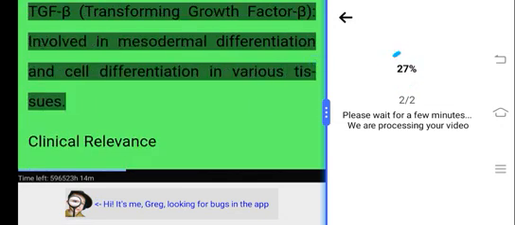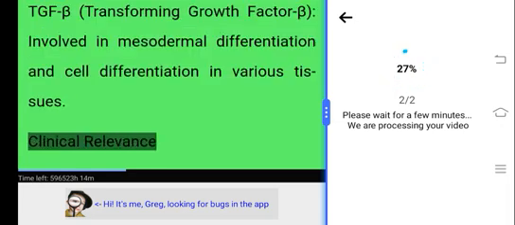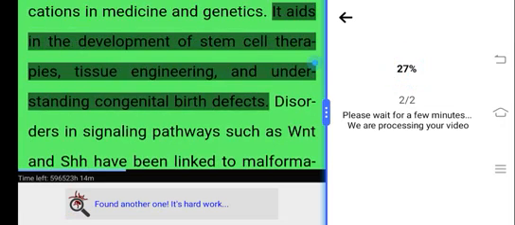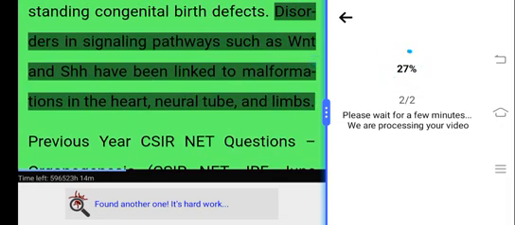TGF beta, transforming growth factor beta, involved in mesodermal differentiation and cell differentiation in various tissues. Clinical relevance. Understanding the mechanisms of organogenesis in chicks has vast implications in medicine and genetics. It aids in the development of stem cell therapies, tissue engineering, and understanding congenital birth defects. Disorders in signaling pathways such as WNT and SHH have been linked to malformations in the heart, neural tube, and